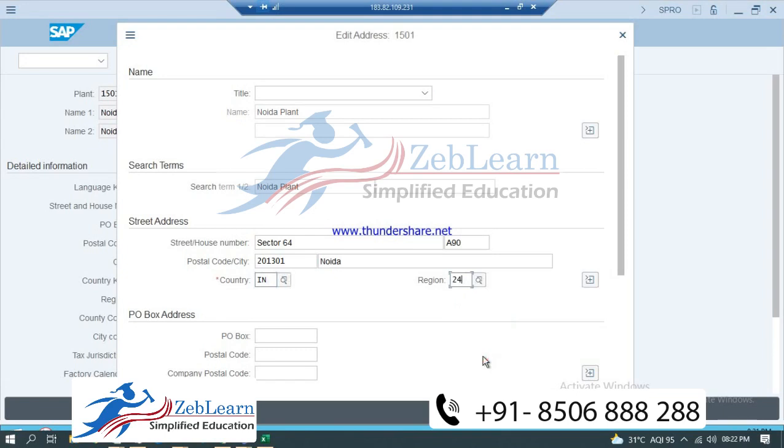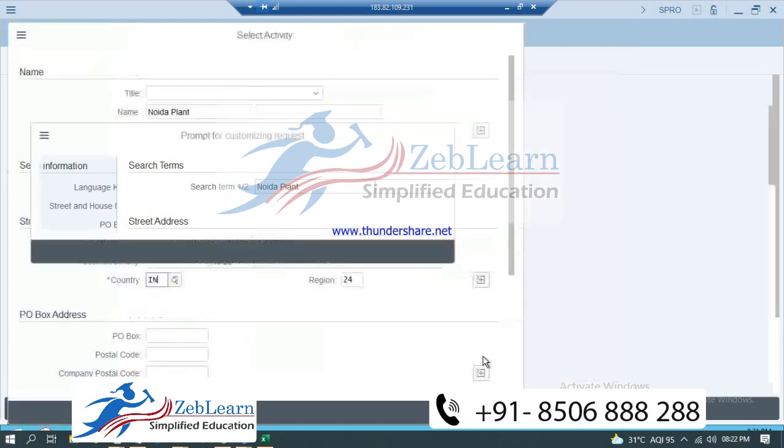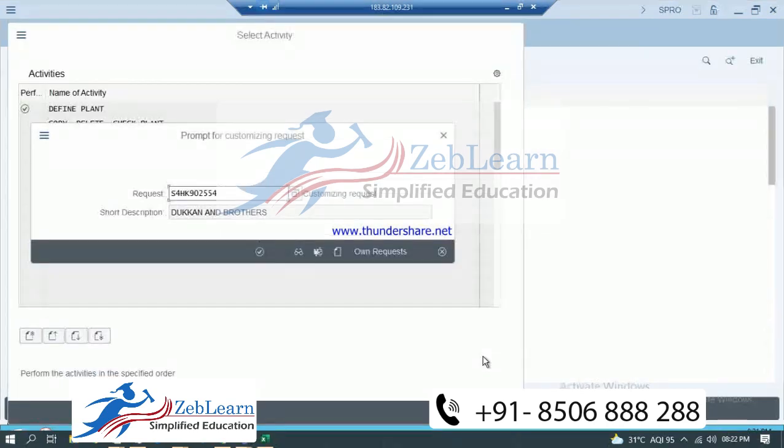After taking this, put a down arrow and press enter. And after that, put a down arrow and press enter again. So twice enter.